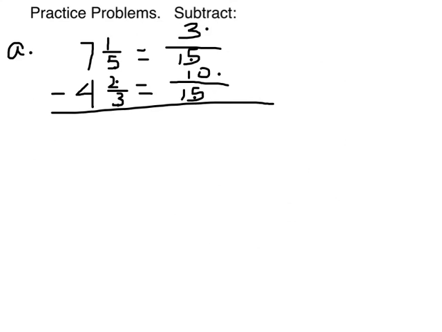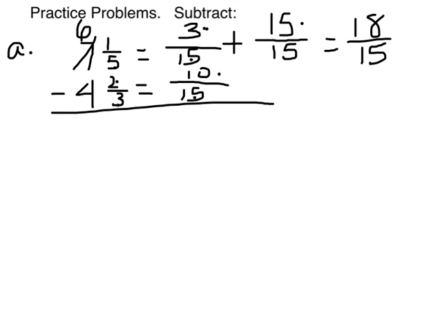Well, I'm going to have to come over here and change my 7 ones to 6 ones. And then I'm going to have to add 1, that 1 that I borrowed, or I'm changing the form of, to a fraction here that I can add to 3/15. Alright, now the value of it has to be 1 and the bottom number has to be 15. So what does the top number have to be for this fraction to equal 1? That's right, it has to be 15. Alright, now I can add 3/15 and 15/15, and I get